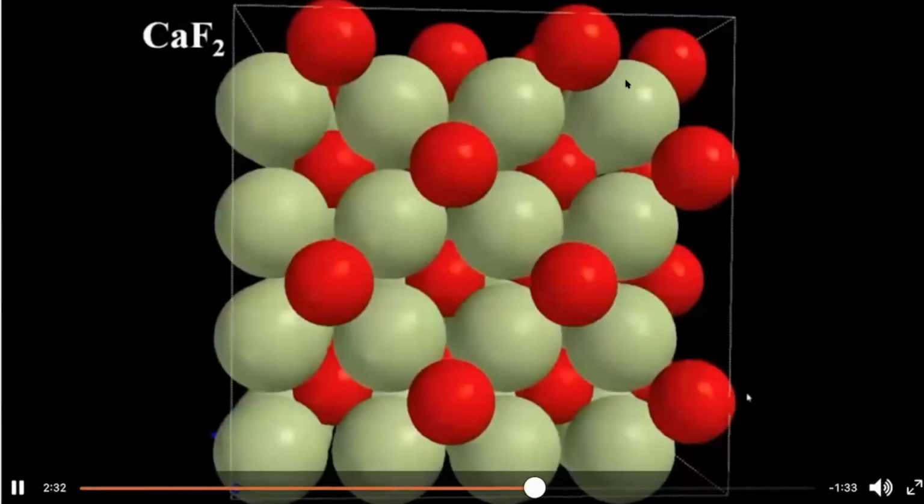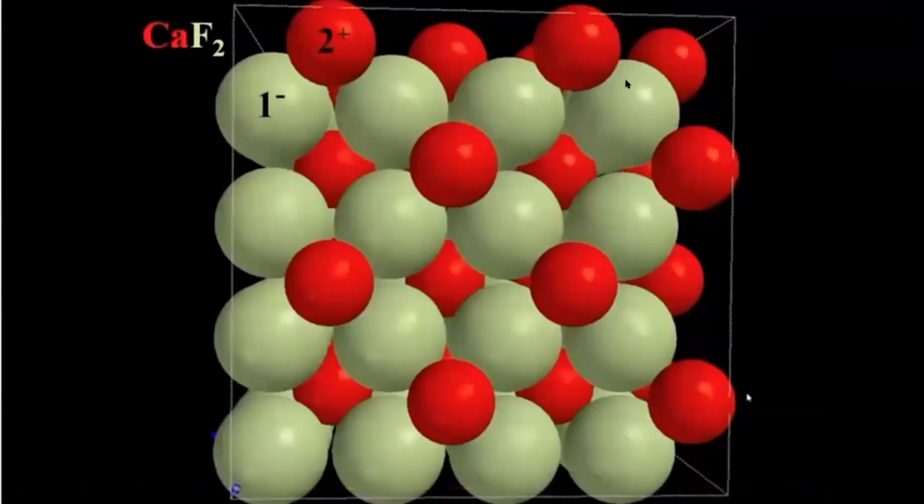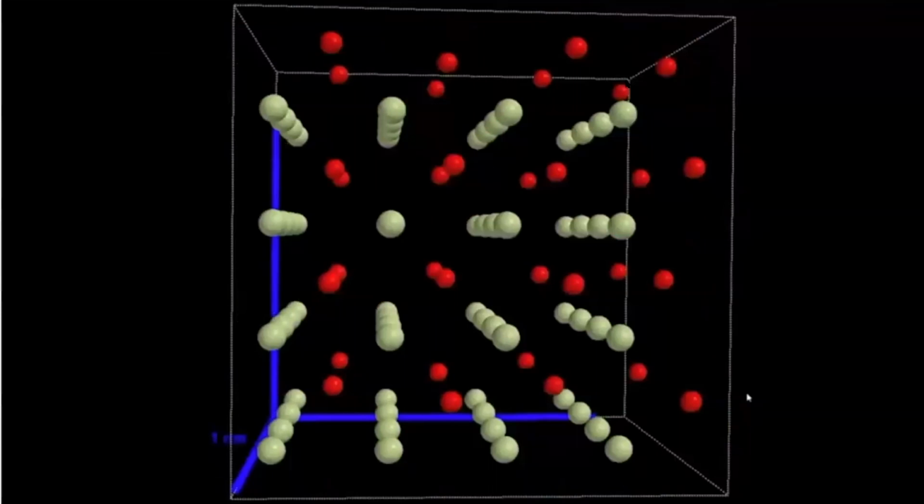Here's another example, calcium fluoride. You've got 1 calcium for every 2 fluorides. Calcium is 2+, the fluoride is 1-. It has a slightly different crystal structure to account for, rather than the 1-to-1 ratio of sodium chloride, you have a 1-to-2 ratio of calcium fluoride. And if we shrink the atoms to take a better look,